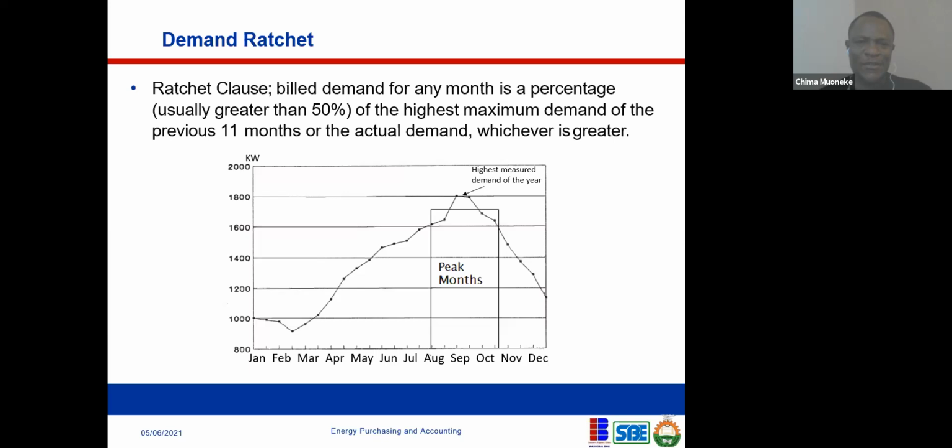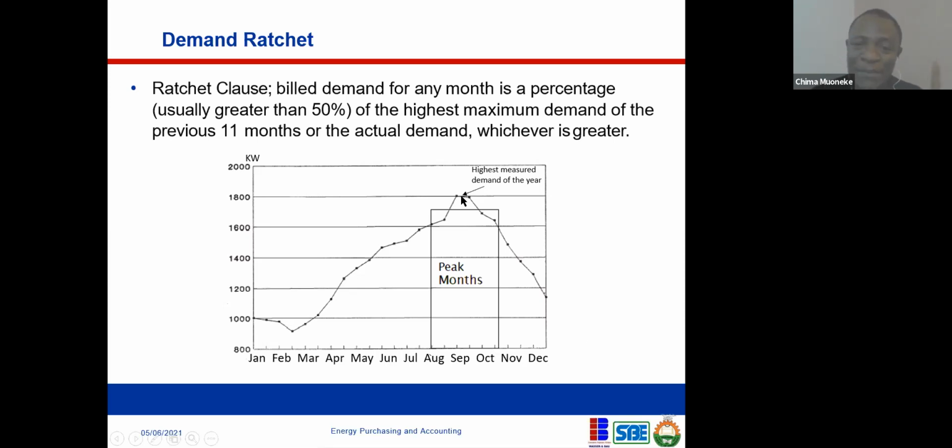Right? So that is what the utility is trying to make you avoid as well. For the fact that you're taking this electricity from the grid does not mean you should begin to use electricity anyhow. You should not just add load anyhow, right? So what the ratchet clause is: if you use high demand for any particular month within 12 months, within the whole year, they go and look at your consumption for the whole year and they look at your peak